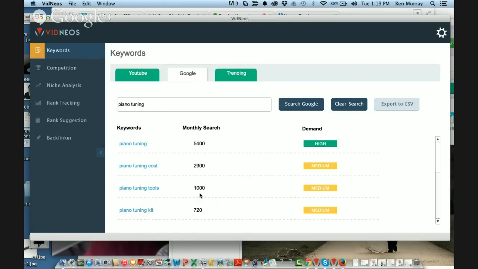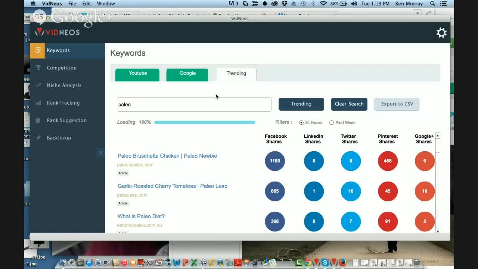We have the monthly search volume, whether it's medium demand or high demand. You see this one is over 5,000 matches. And then the other thing that this program does is it really goes beyond just keywords, because nowadays stuff like